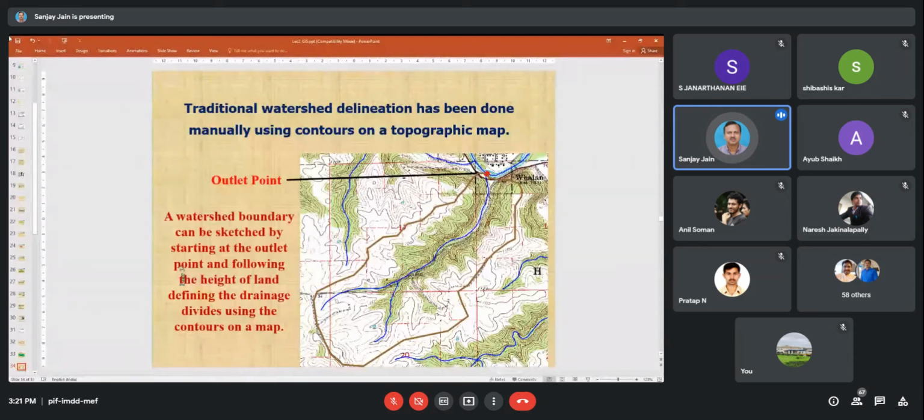We have measurements at certain locations, but not all. So what do I have to do? First, I have to take the boundary of this. Earlier we were doing it through this traditional approach. Now I only have to give the outlet and the software will give me the boundary. So that is the advantage of GIS. Earlier I was doing the same thing manually, that boundary, the traditional method.